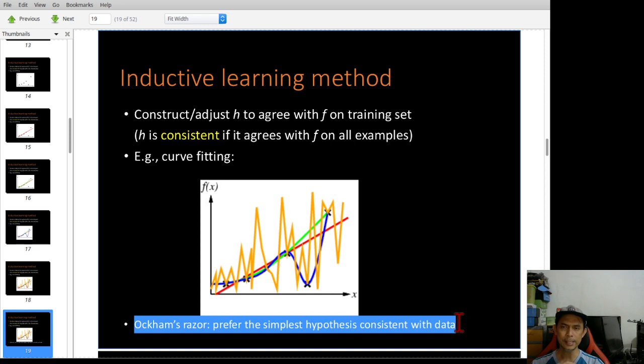In this case, most likely we choose the blue. We prefer the blue one because that one is easier to represent compared to the orange one. It looks simpler.